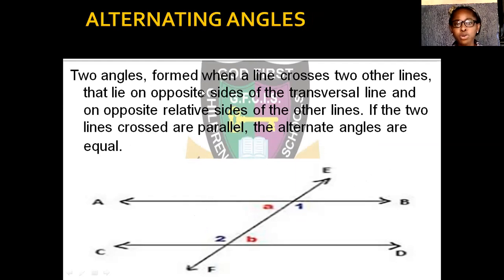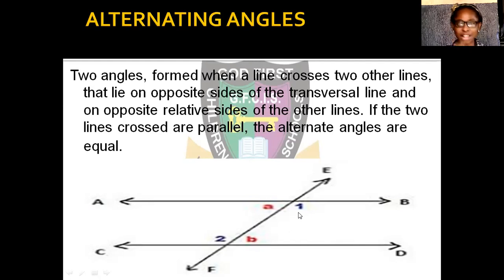Let us take the one on our screen. Alternating angles are two angles formed when a line crosses two other lines and lie on opposite sides of the transversal line, and on opposite sides relative to the other line. If the two lines crossed are parallel, they are alternating angles, and they are equal. Let me take that again. When we have two parallel lines that can never meet, but have the same distance apart, another line crosses those parallel lines. Don't forget I called it the intersecting transversal. So now it forms angles, but the angles on opposite sides are called